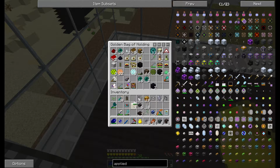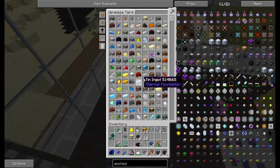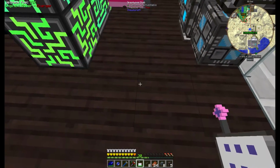Remember when I told you it's not centered, so it's like cattywonkers? Yeah. There you go. Oh, you got some? Okay, cool. So we're going to tell...